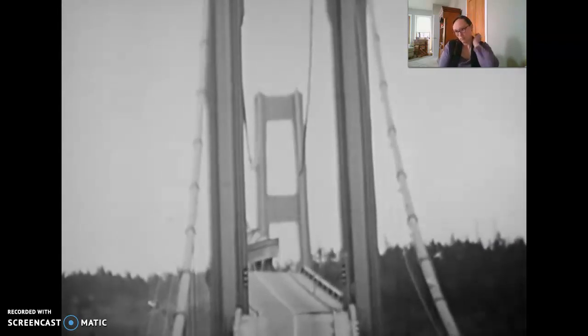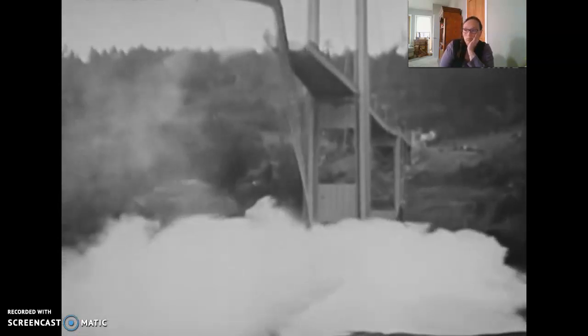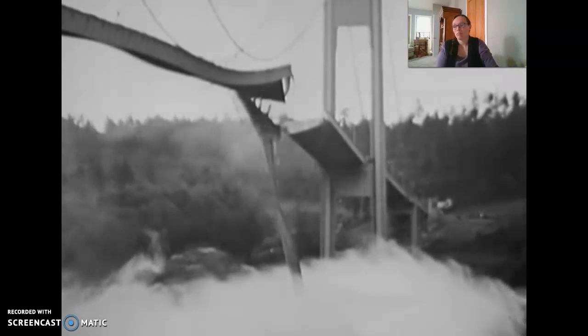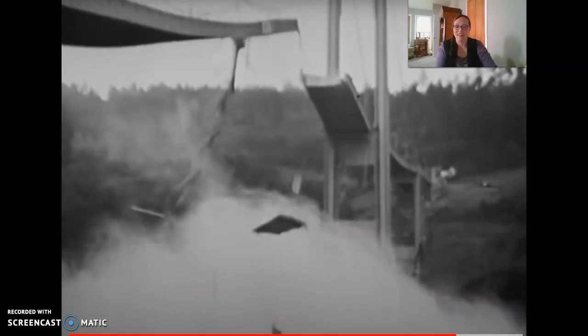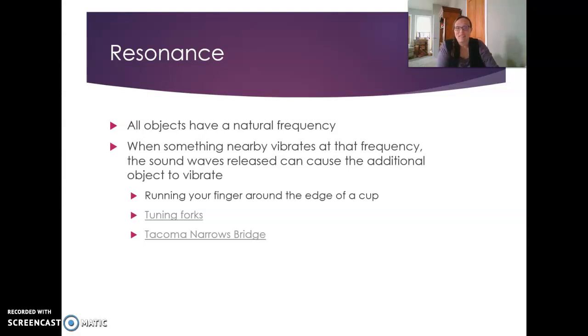Finally, the swinging road and the suspension cables give way and plunge into the water below. Fortunately, the only casualties were a car stalled on the bridge and a dog. And a dog. So sad, so sad. And a dog. So that's resonance, and the Tacoma Narrows Bridge is an example of a bridge that was built